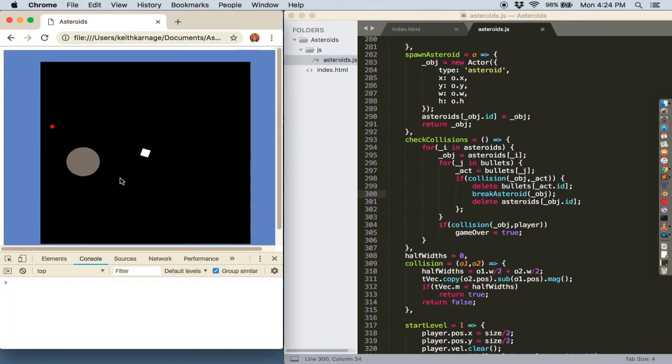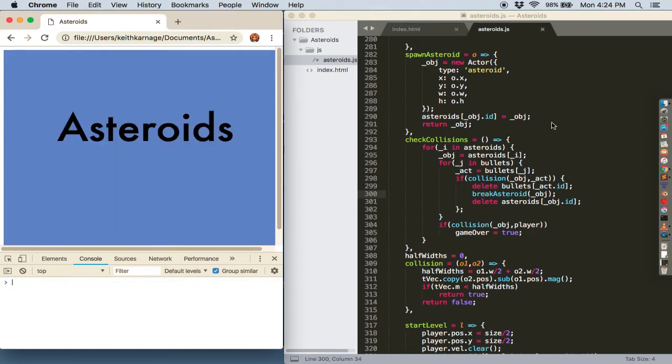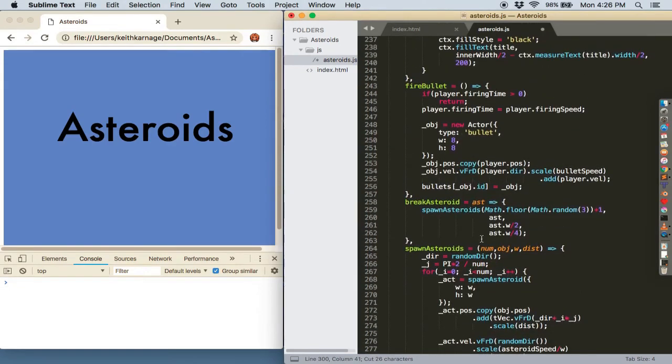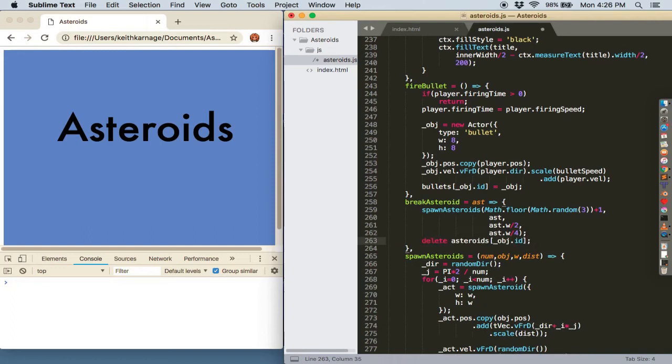Alright. It does not break, or it's just making lots of them. Alright, so in addition to break asteroid, we also want to move this into break asteroid. Alright, and this is actor, not object ID, or sorry, asteroid, not object ID, and let's